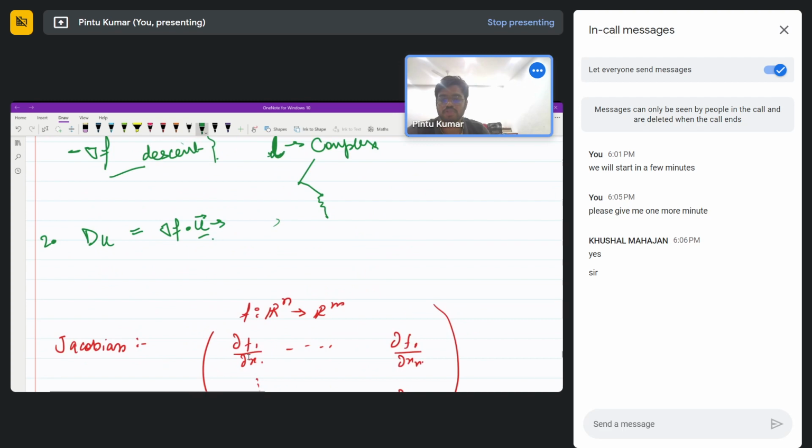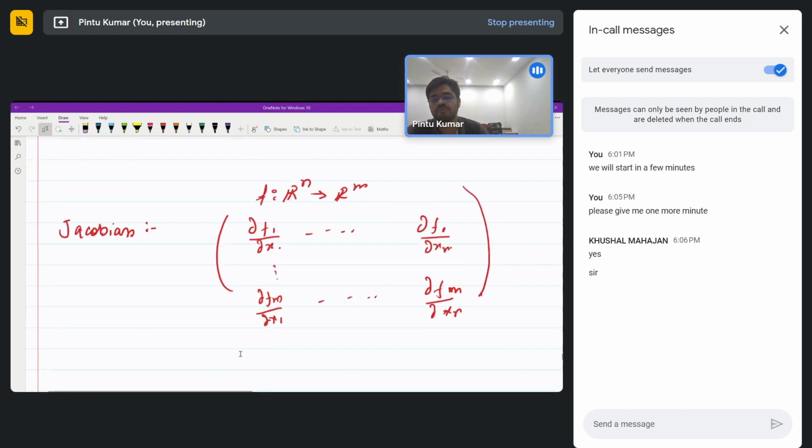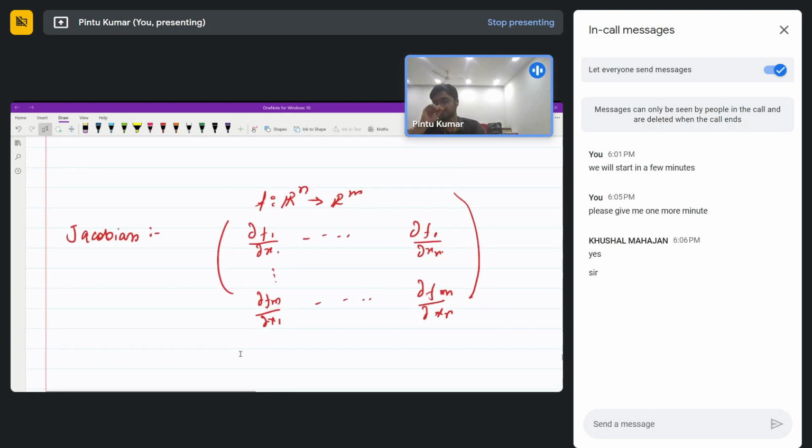Okay, so this was gradient. Now we come to something called Jacobian. Till now, whatever functions we have seen, even if my domain was a higher dimensional space, my range was always R. But that is not always the case. So let's say now your range is also some R^m, then you define a quantity called Jacobian. So let's say this is your f, then your f of (x1, x2, ..., xn) will be mapped to something like this, f1, f2,